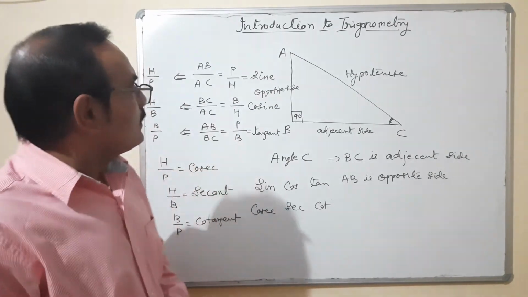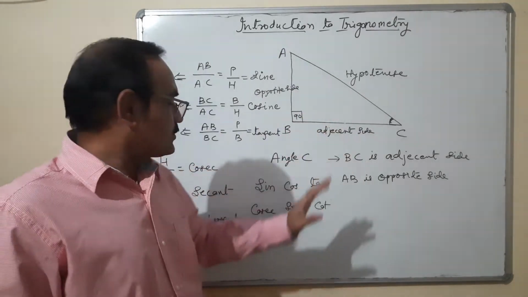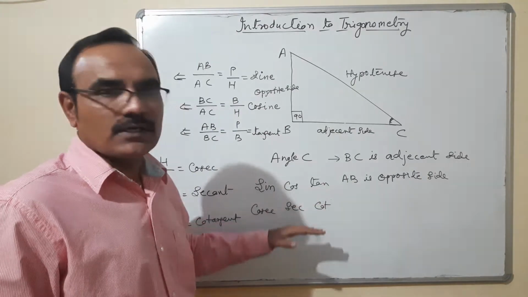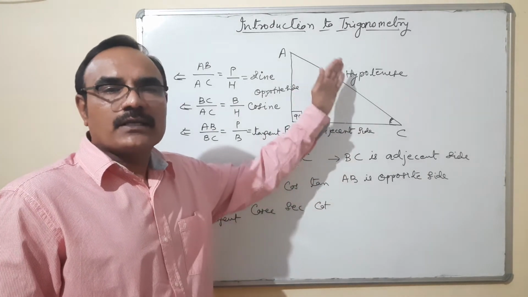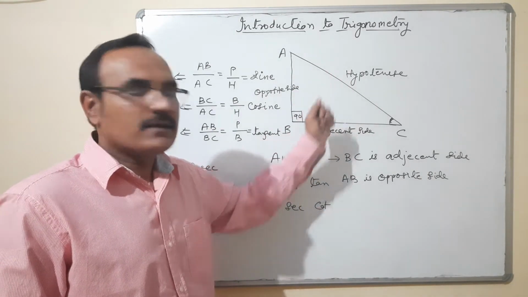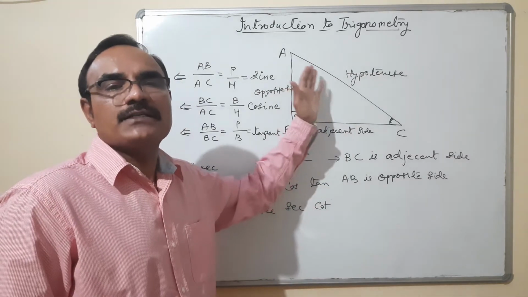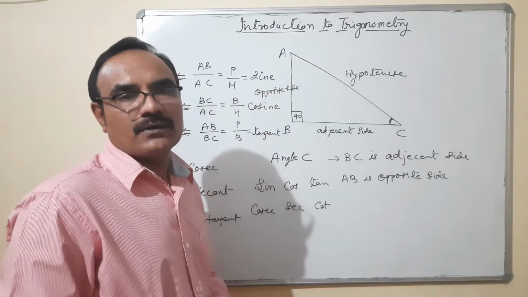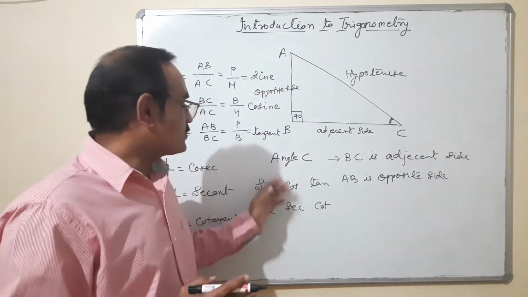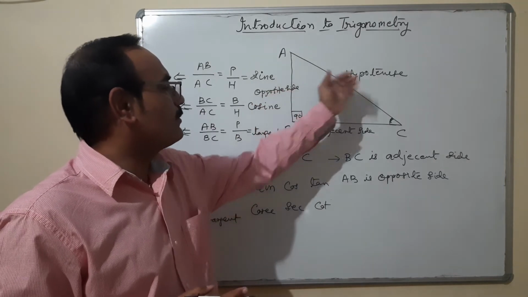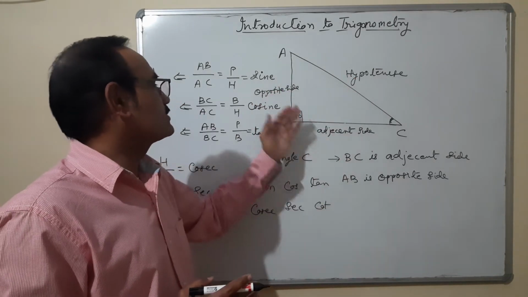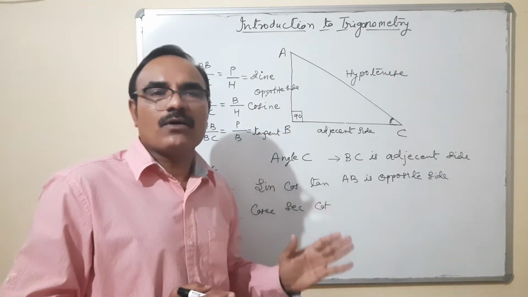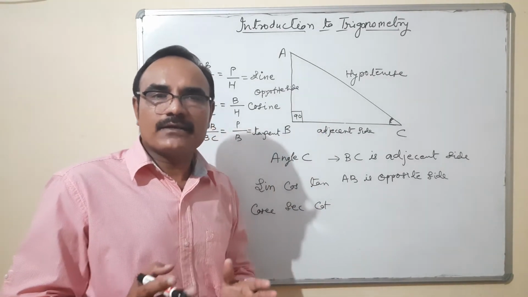Okay. So these are the sides. These terms are new, but there are three sides in a triangle. The ratios of two sides of a right angle triangle are called trigonometric ratios. Name is trigonometric ratios. The ratios are: opposite side upon hypotenuse, adjacent side upon hypotenuse, opposite side upon adjacent side. So the ratios' names are given: sine, cos, tan, cosec, sec, and cot.